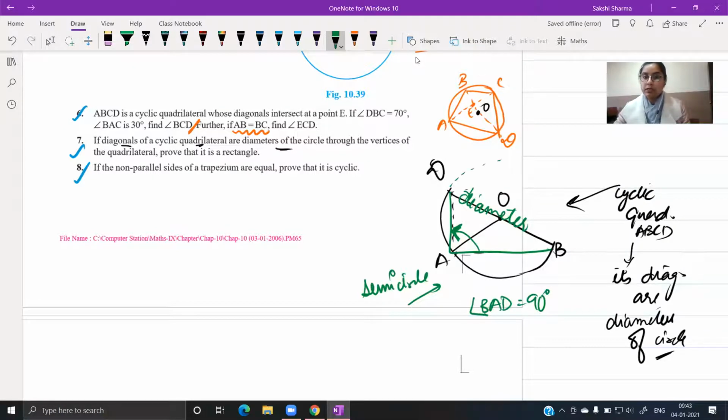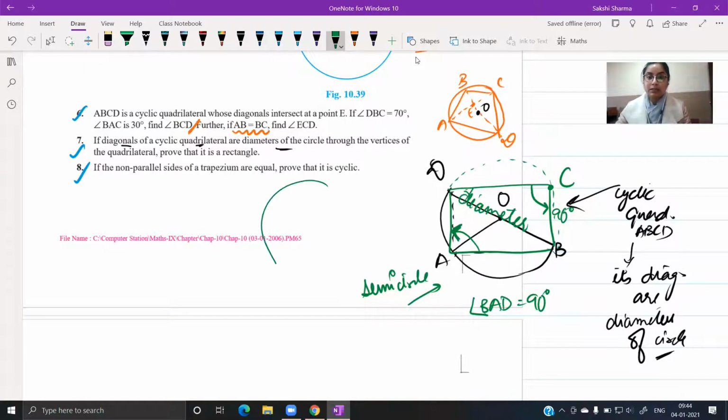Similarly, if we check on the other side, the same diameter is forming an angle at point C. The same diameter is making this angle on the other part of the circle, the semicircle. Two semicircles are being formed. So one angle is angle BAD, that will be 90. The other is BCD, that will also be 90 degrees. So these are actually the angles of the quadrilateral that we have.